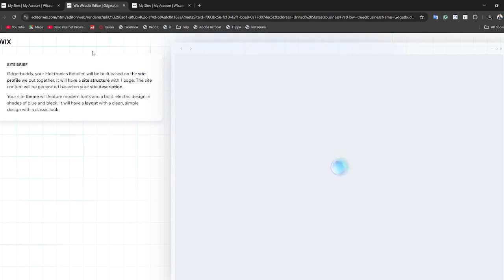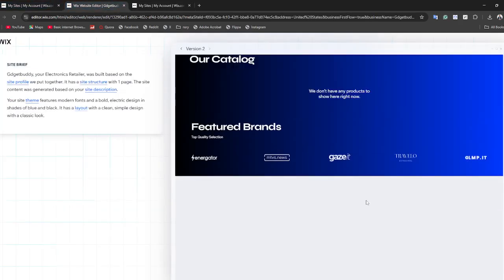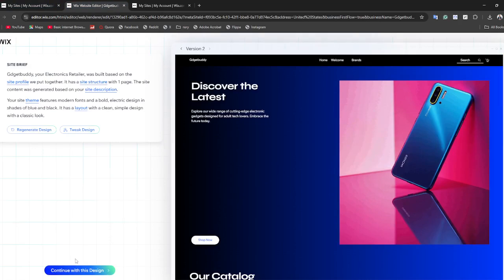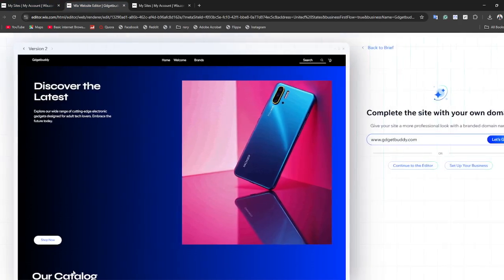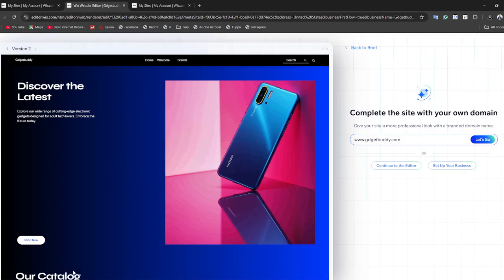Wait until it loads perfectly, and then you will see the magic of Wix AI website builder. There we go, you can see it. Now tap on continue with this design. Now you have to tap on let's go, or